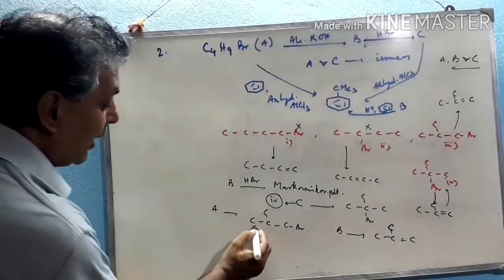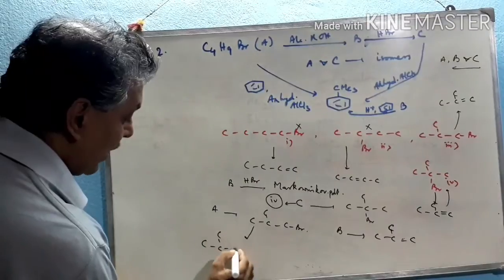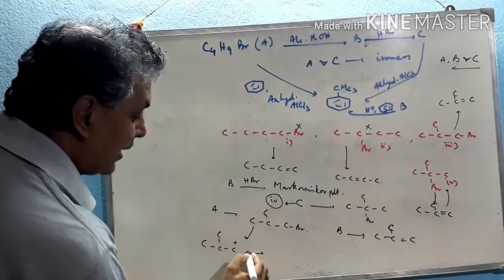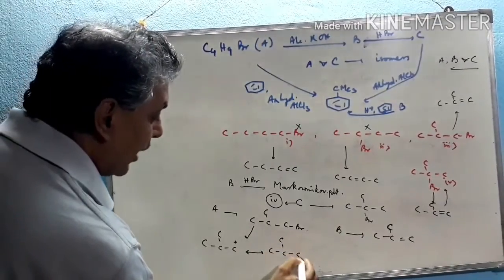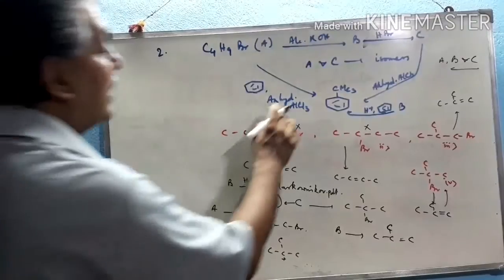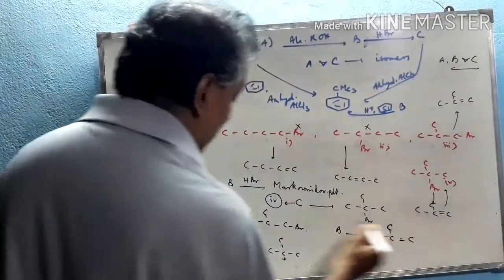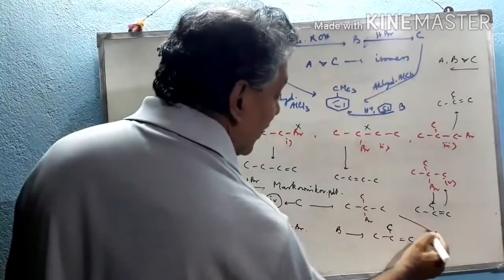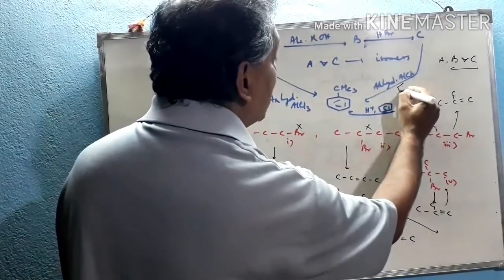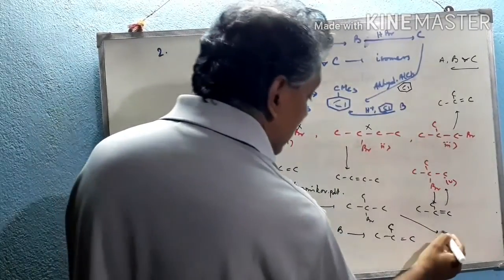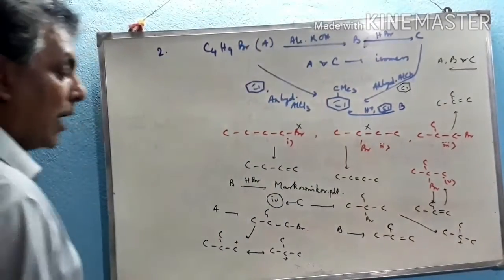Now whenever A is treated with benzene and anhydrous AlCl3, it produces a 1 degree carbocation at first, which readily rearranges by hydride shift to produce a 3 degree carbocation, which with benzene gives tertiary butyl benzene. C, this compound, also when treated with anhydrous AlCl3 in presence of benzene, produces a 3 degree carbocation, which also gives tertiary butyl benzene.